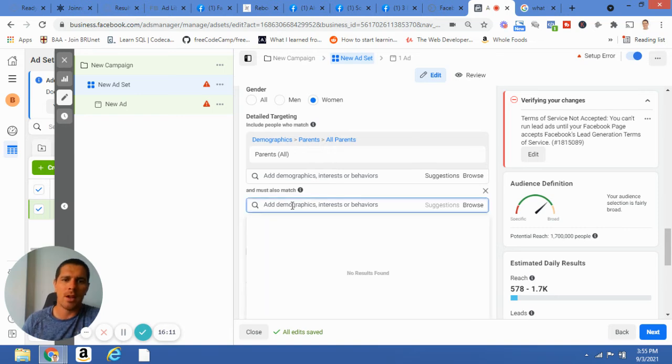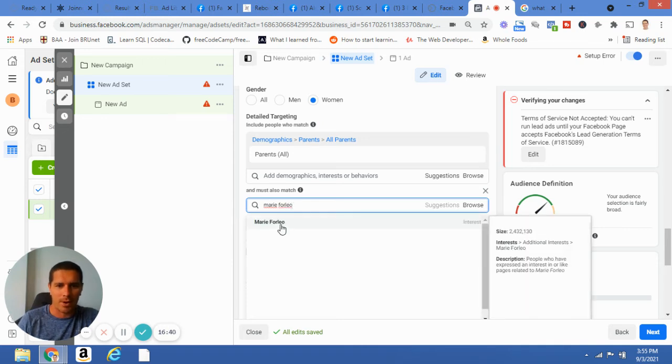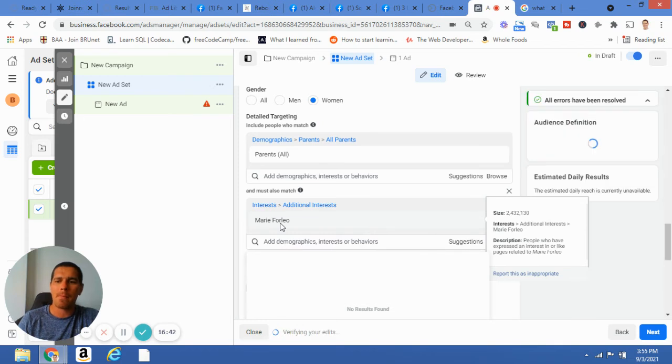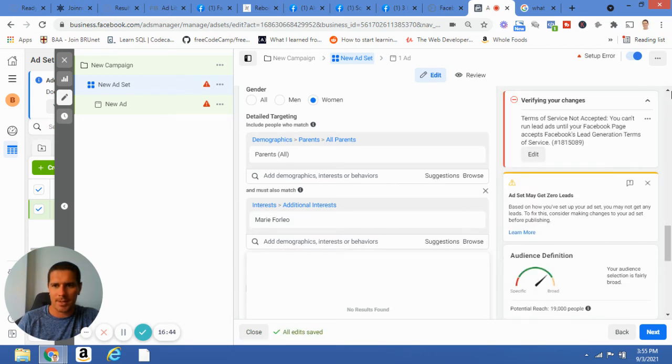So this says, okay, first they're a mom, but what else are they potentially interested in? This is where, again, if you're talking about mindset, if you're talking about personal development, think about all those moms that might be following one of those personal development gurus within Australia or in the global landscape. I'm not familiar with all the personal development gurus in Australia, but if I just use maybe Marie Forleo as an example, just because she is global and I know some of your audience is following her, and we can see